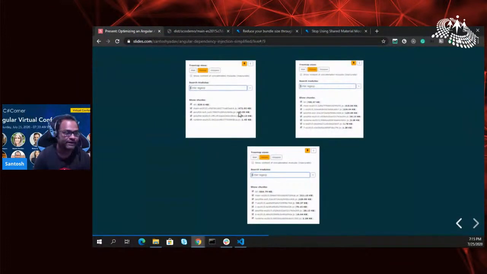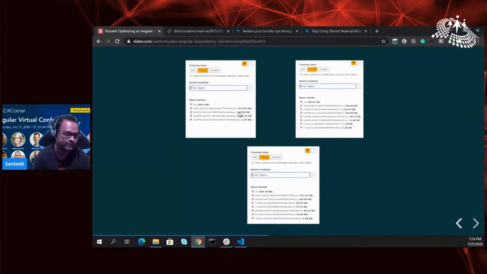So after adding multiple components, two modules, and a shared material module, my bundle size went up to 639 KB, about 300 KB more. Then I decided to create lazy loaded modules. I said, okay, if it's 639 KB, let's go ahead and do lazy loading, as my first solution. But when I did that, my bundle size actually went up to 705 KB,